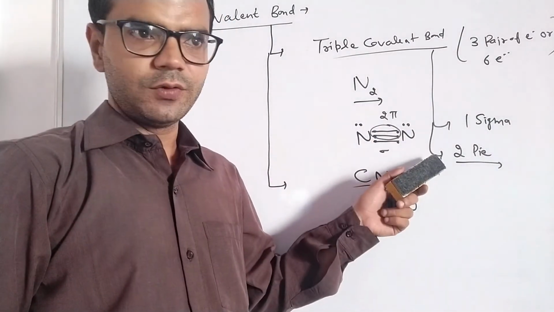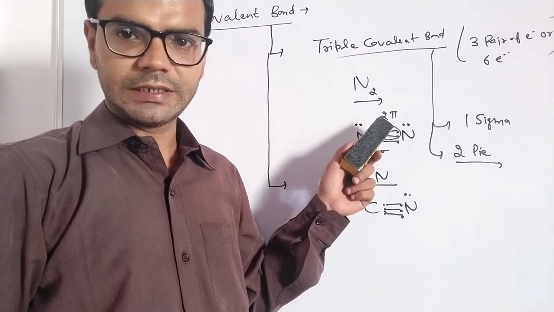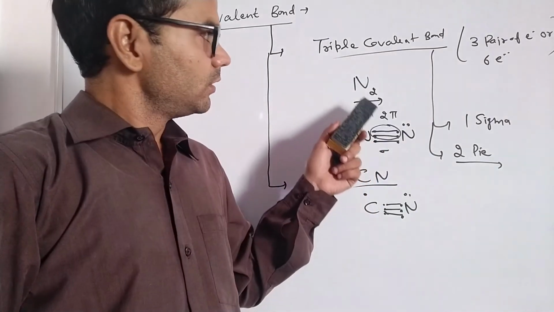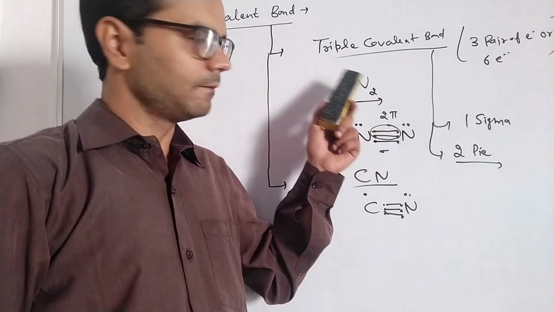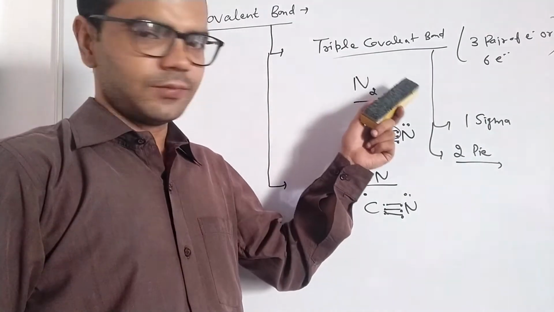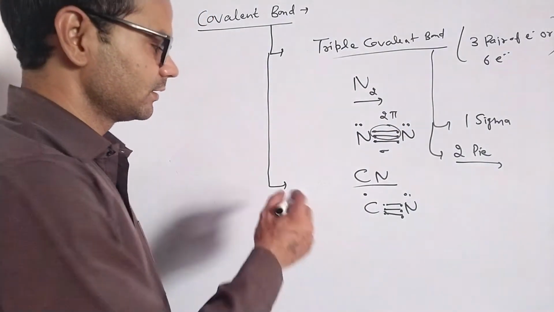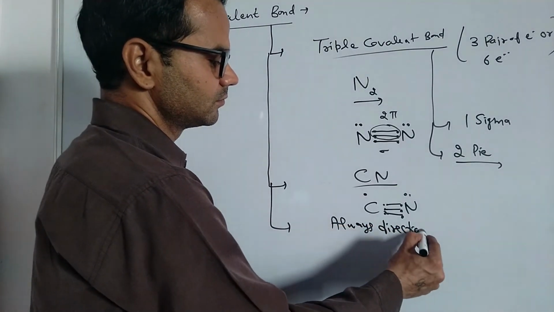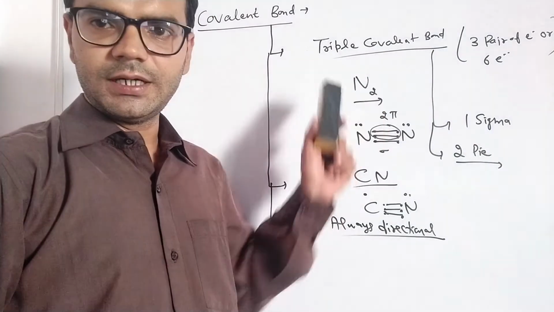And if we compare a covalent bond with an ionic bond, a covalent bond is weaker than ionic, because in ionic there is a strong electrostatic force of attraction, but here a weak force of attraction is present. So the covalent bond is present in covalent compounds and the ionic bond is present in ionic compounds. Covalent compounds dissociate easily. Why? Because their bond dissociation energy is lower than that of an ionic bond. An ionic bond is non-directional, but a covalent bond is always directional.